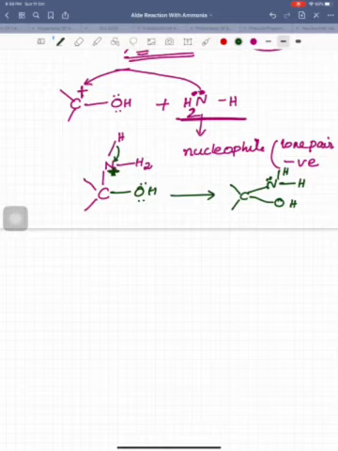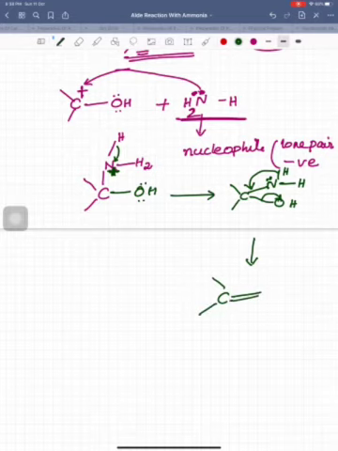Then in the next step what happens? We can understand that the hydrogen from this bond is shifting here. Automatically this bond is also shifting there. The resulting product is the carbon with a double bond to N, because this bond will be shifting there. That's why this is a double bond now. Then what about this H? It is leaving as H positive. Then this bond is shifting there, so that bond automatically goes with that.